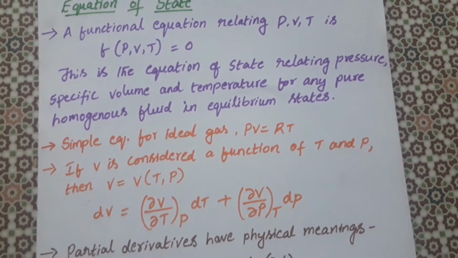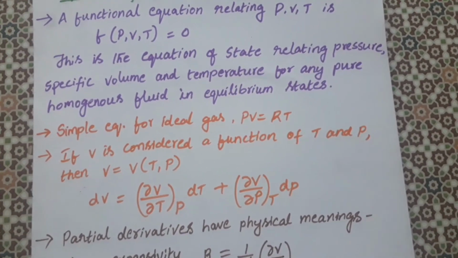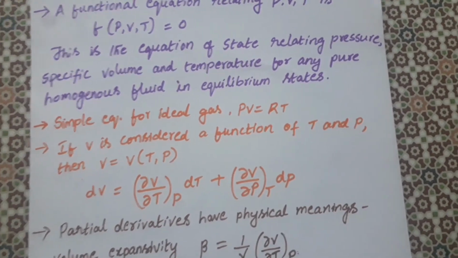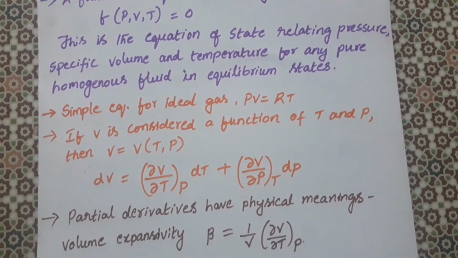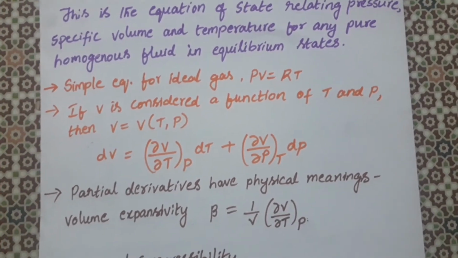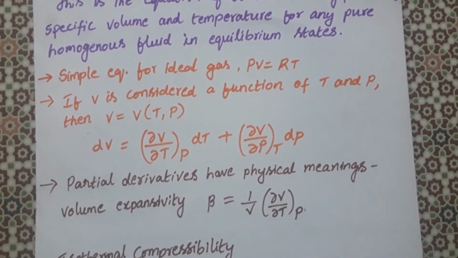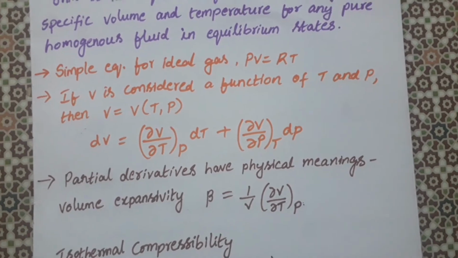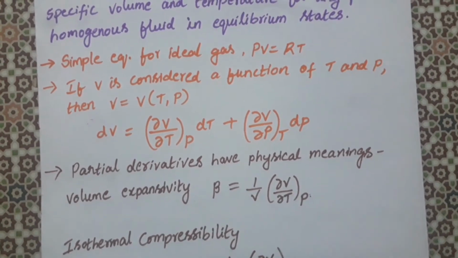We call this the equation of state for any homogeneous fluid in equilibrium state. For an ideal gas, the simple equation is PV = RT. If V is considered as a function of temperature and pressure, then V = V(T, P). If you differentiate this